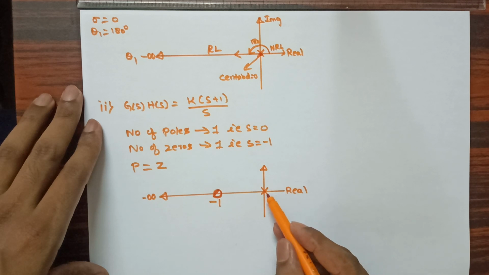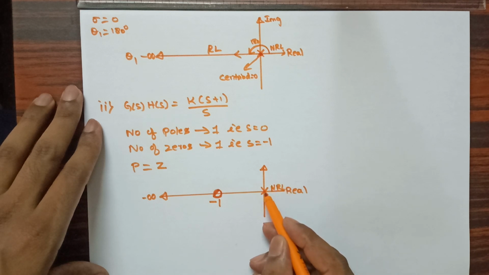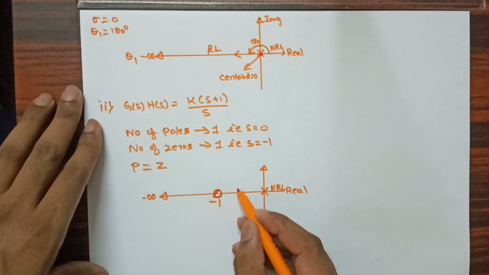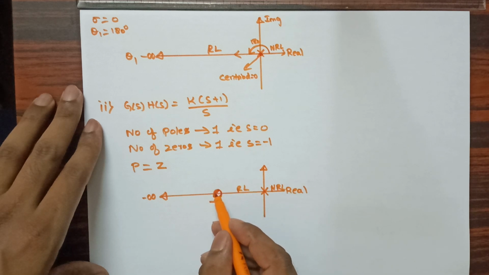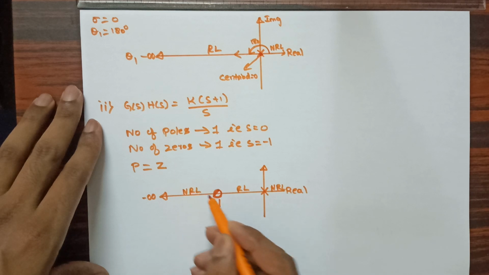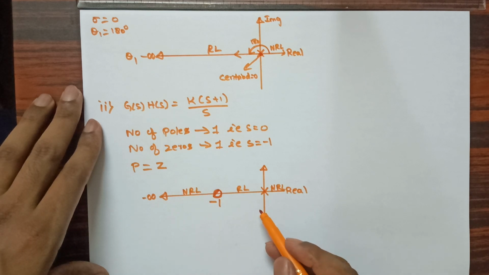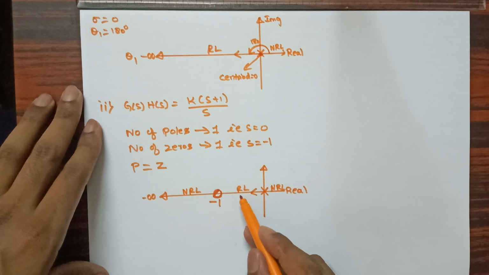From this point to this point the count is even, so that is no root locus path, and here you can see that one pole, that is the count, is 1, odd. From this odd count till the next, it is a root locus path. Now here the count becomes 2, and from here onwards till infinity it is no root locus path. So now when we give the input K equal to 0 to infinity, the pole starts to move in this root locus path and ends at this zero.